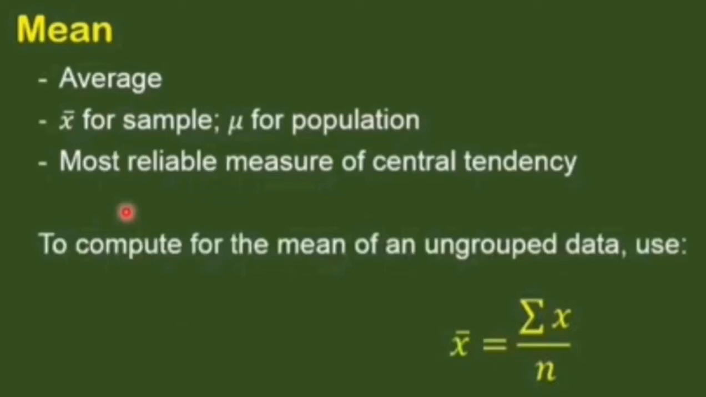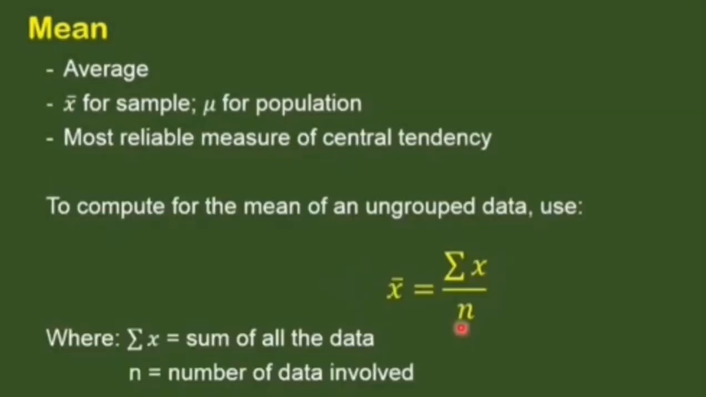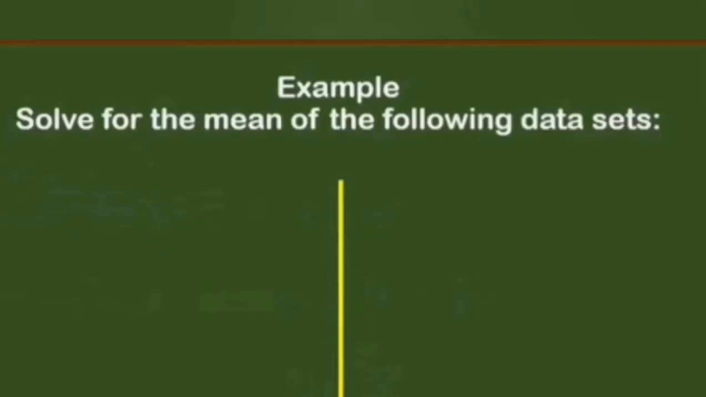To compute the mean of an ungrouped data, use x bar equals the summation of x divided by n. The summation of x equals the sum of all the data, and n is equal to the number of data involved. For example, solve for the mean of the following data sets: